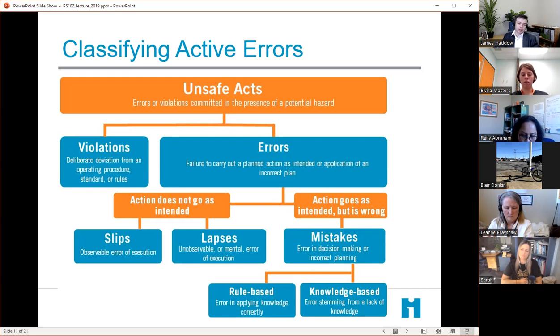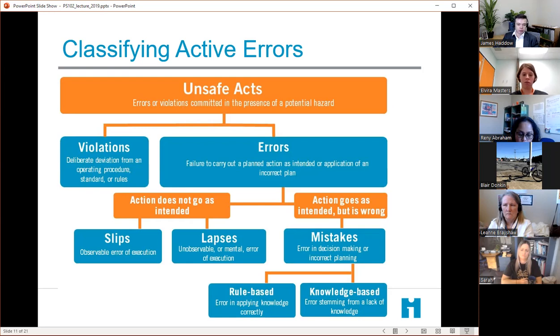Okay, so then the errors are divided into two. One is that it does not go as planned. So you do the right thing, but it doesn't work out. So that would be a slip or a lapse. A slip being you've done something, but you've just not managed to do it correctly. Often a skill thing. So you've missed the vein when you're trying to cannulate something. That's a skill thing. A lapse is where you've